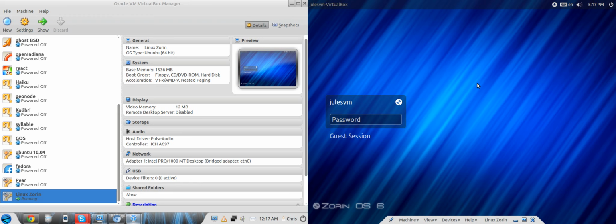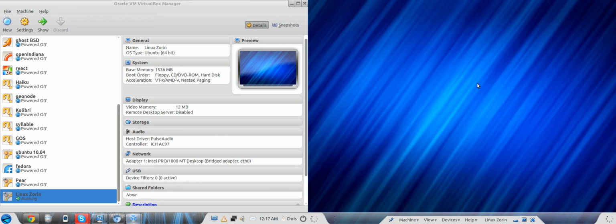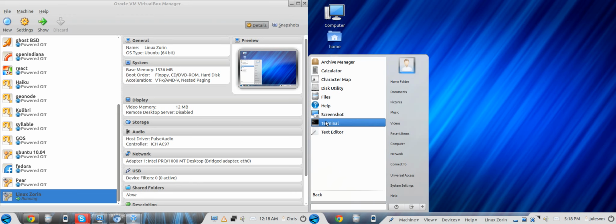Now, you put in your password, it'll log you on. From here, the first thing you want to do is install updates. Make sure all your updates are up to date. So what you do is you go to the Start menu. That's in the same place as it is on Windows. It's where the big blue Z is. Go up to Accessories. Click on the terminal,